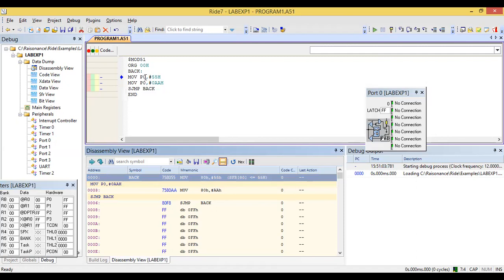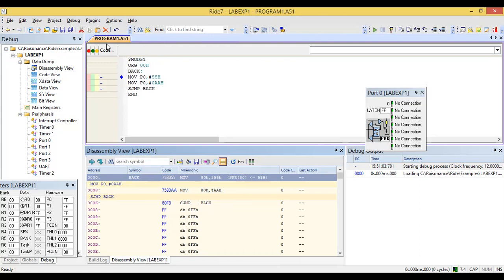Actually we wrote P0, but the compiler directive $MOD51 automatically converts that P0 into 80h. Otherwise we need to write 80h here. So SFR 80h is actually P0, port 0. And you can see the jump instructions and the corresponding hex code in this particular window.